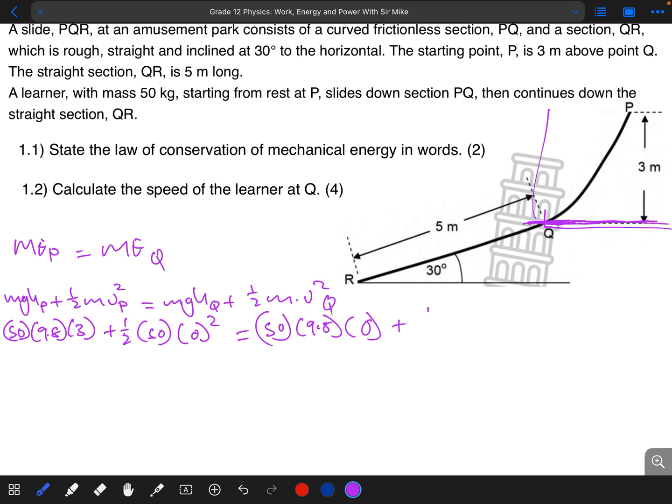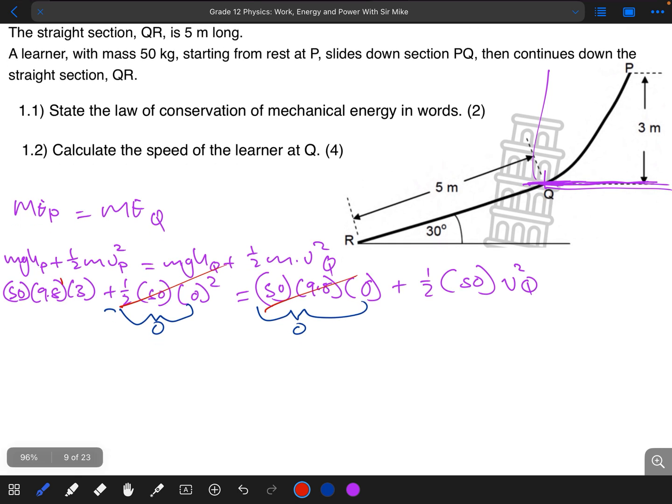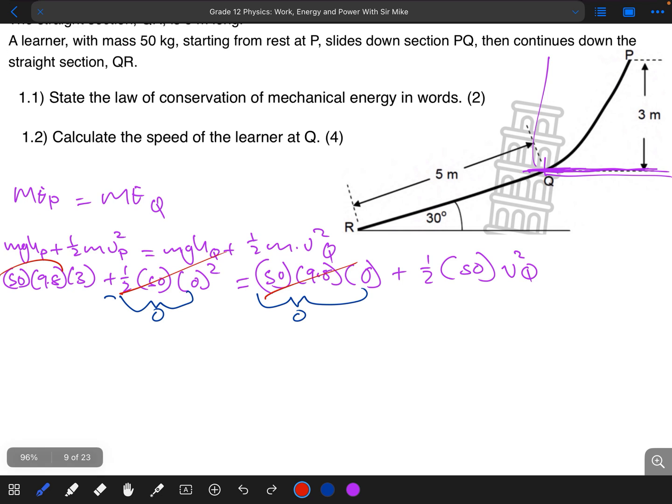Plus a half multiplied by 50 multiplied by the speed at point Q, which is what we are looking for. Now these two simply give us a bunch of zeros, so you can just neglect those. If you put this into your calculator, what you're going to get is 1740 being equal to, remember a half multiplied by 50,